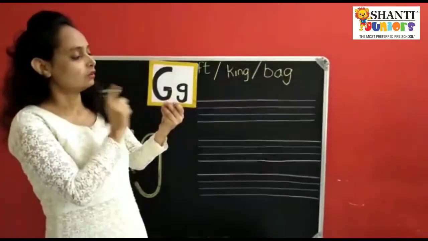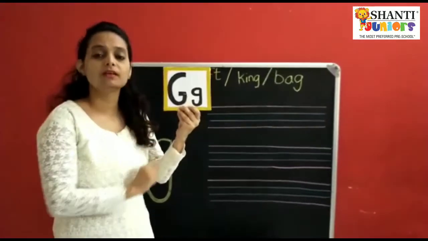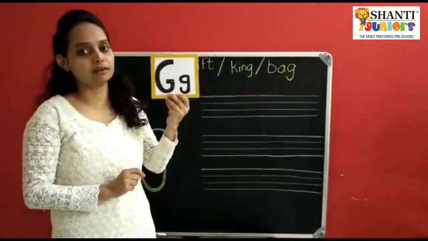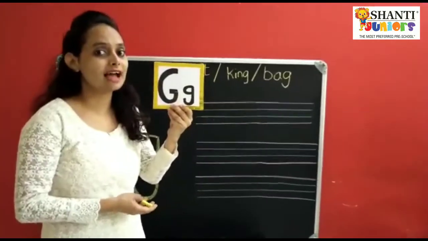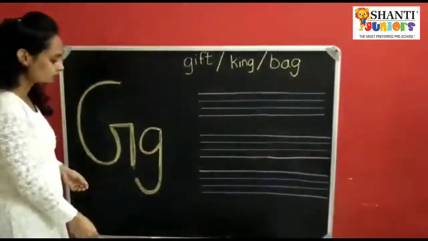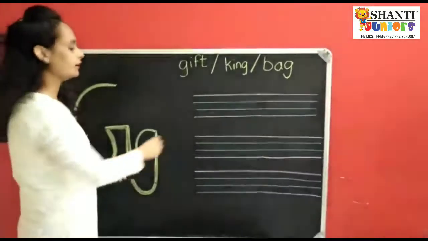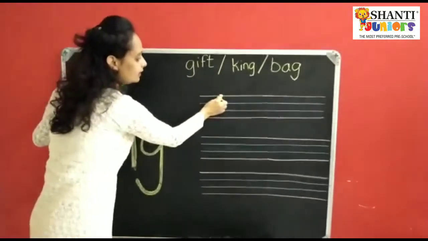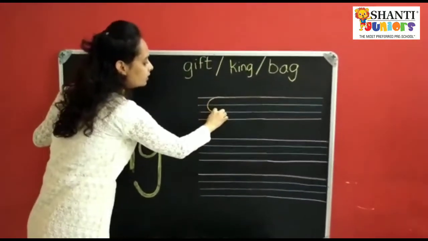Okay. So, now you have learned the sound. Now you have learned the words also. So, now we are going to learn how to write letter G. Okay. This is very important because you know the sound and you know the words. But in this class, I will show you how to write letter G. Okay. So children, as I have drawn lines for you, red and blue lines, first you are going to start from the red line, children. Like this.